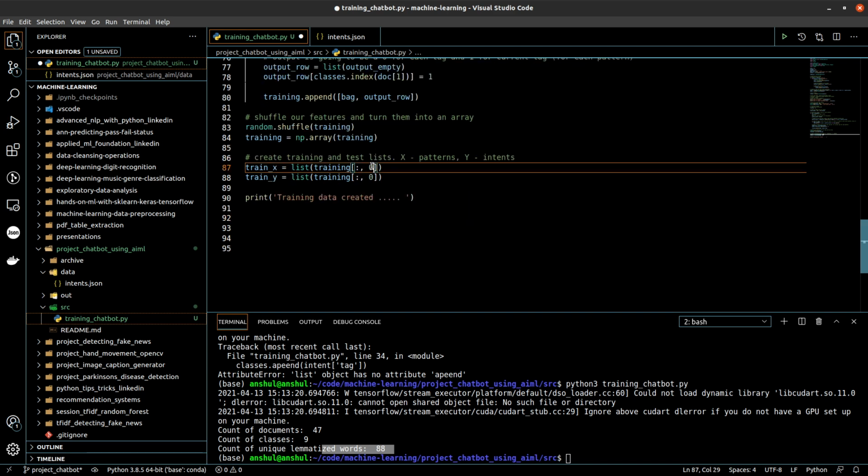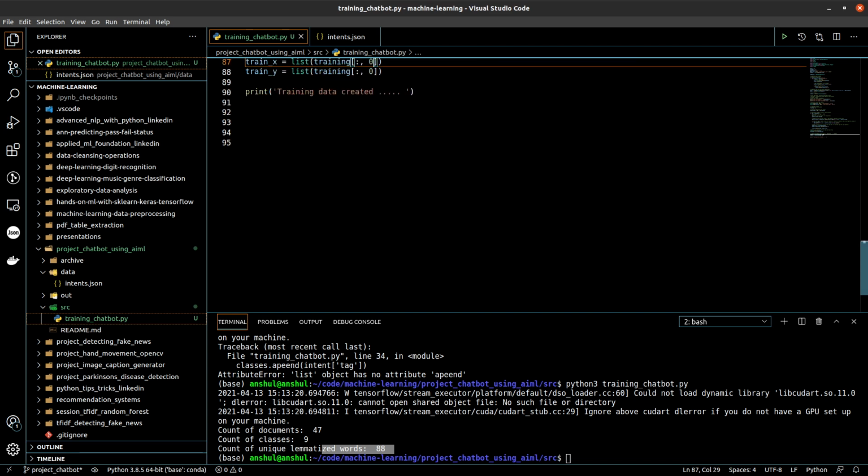And we should be good with this. So now next we will create the actual model. This will be an LSTM, a neural network based model, which will have 3 layers. The first layer will be of 128 neurons. The second layer will be